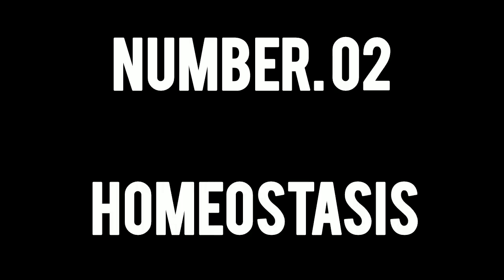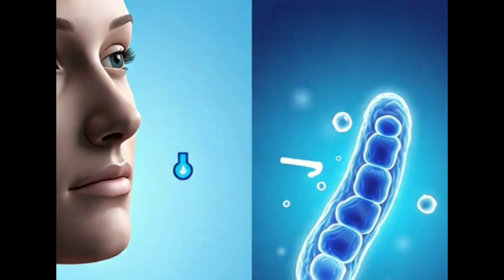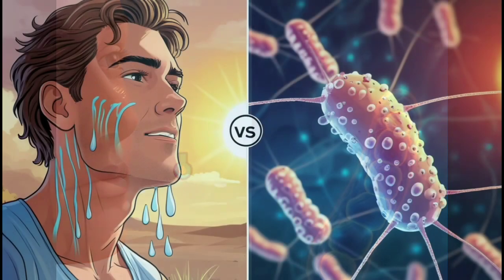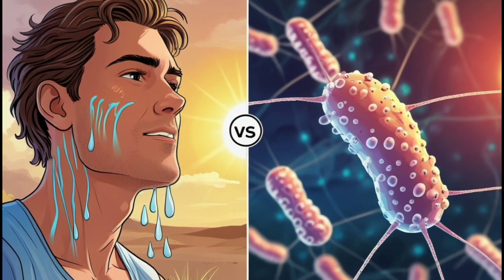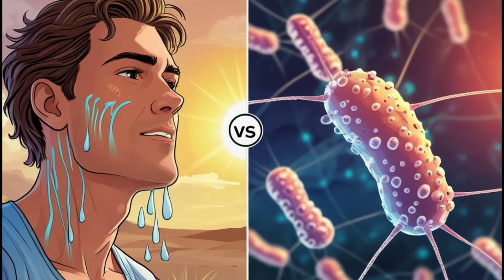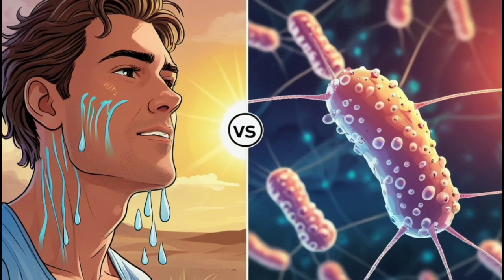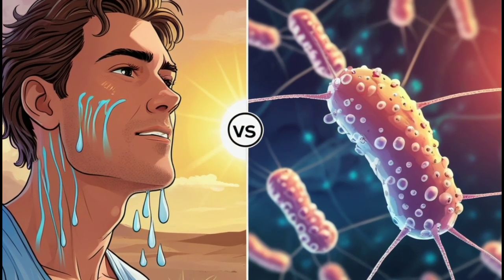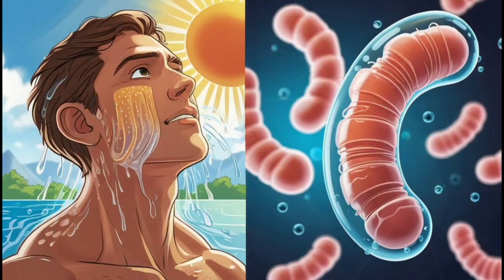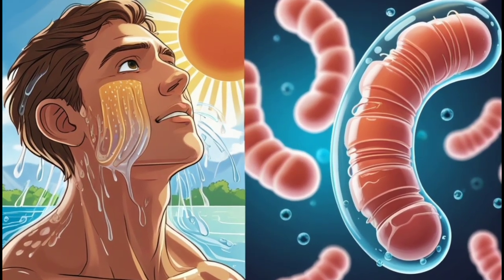Number 2. Homeostasis. Maintaining a regulated balance is so important for many biological processes to even happen. For example, enzymes typically need a certain pH range to even work correctly. Maintaining homeostasis can mean maintaining a certain temperature and a certain percentage of water concentration. The human body has all kinds of feedback systems in place to maintain homeostasis. But even a single-celled organism, like an amoeba, relies on its cell membrane to maintain homeostasis internally.